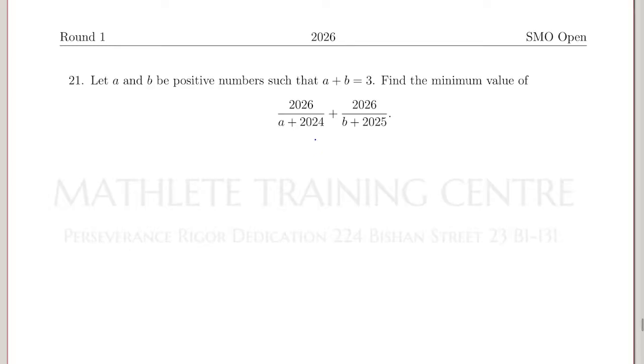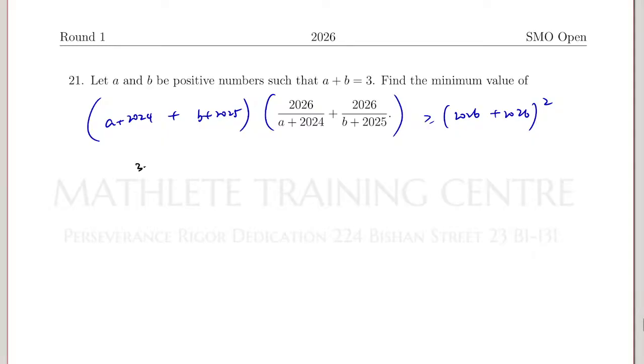Cauchy-Schwarz inequality. I multiply this by A plus 2024, and then I have a B plus 2025. The geometric mean of these two is 2026. The geometric mean of these two is 2026. Okay, so this is 3 plus 2025, 2024 plus 2025. This is in fact 2 times 2026 times question mark is at least 2026 squared. So then the question mark is,